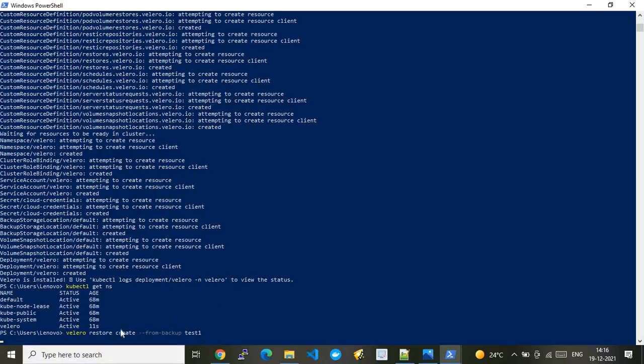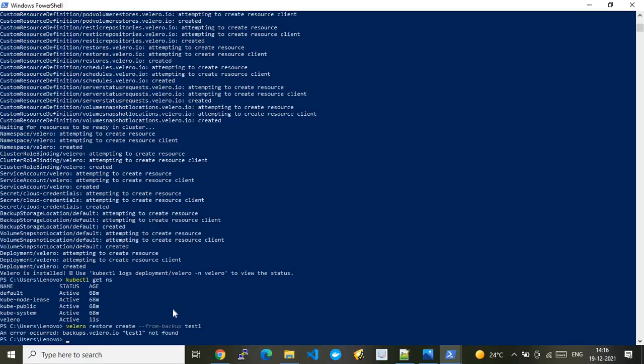What I'm doing is velero restore create. What does this do? It will restore from the backup test one. So here, velero restore create from the backup test one. Okay, so the backup is not found. Why is it saying that?